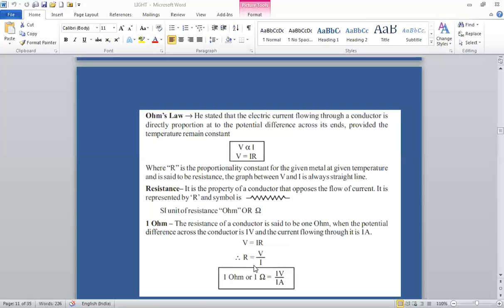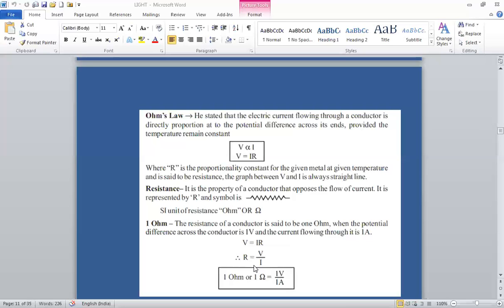The first version of Ohm's law, that is I is equal to V by R, tells us that for a given value of current flowing through a conductor, an increase in resistance of the material tends to increase the voltage across it.